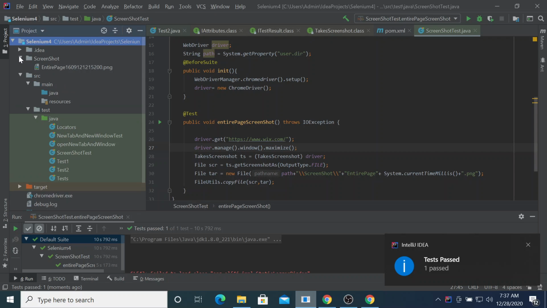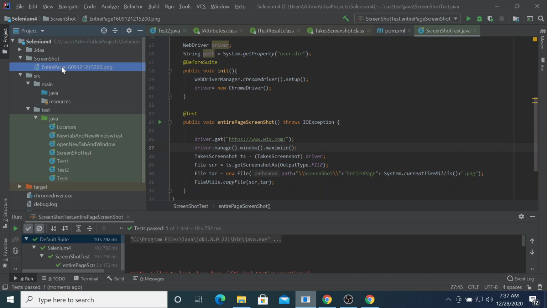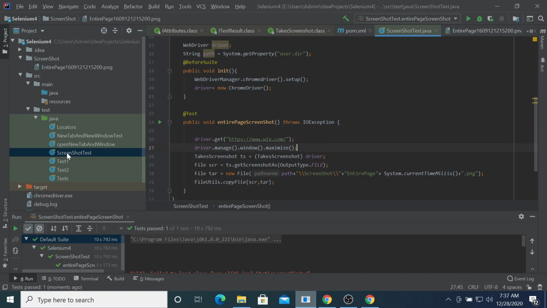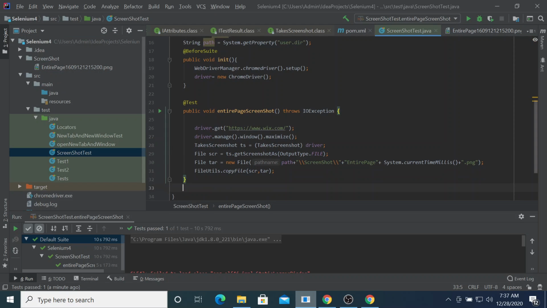Under the screenshot folder, if I unfold it, you can see I have given entire page plus the current time. This is in milliseconds, plus the file type. If I click on this, you can see the entire page has been captured. Now I will capture a particular web area, which is in Selenium 4,